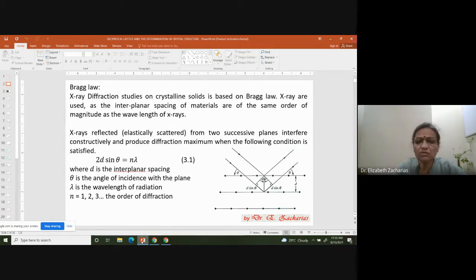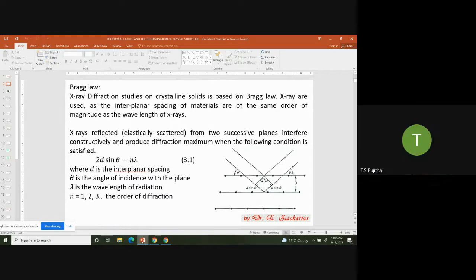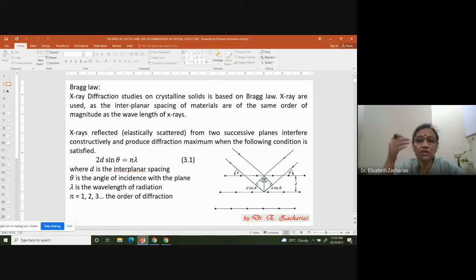So I'm going to start off with something that you have all studied from your school days, Bragg's law. You studied this, right? In optics. Have you heard of Bragg's law? Yeah. So what happens is you all studied diffraction, and you know that the condition for